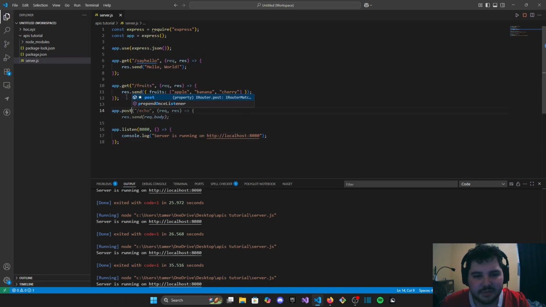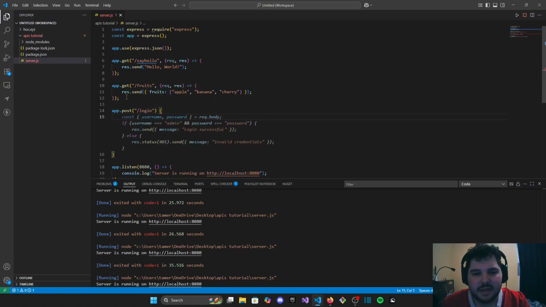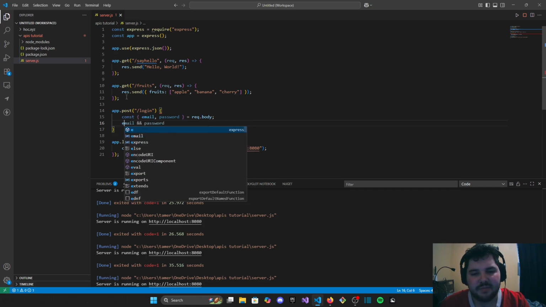So, app.post. And we'll just call this login or something. Now, I don't have a front end set up for this, but if we wanted to grab the form data from our HTML form on the front end and then send it through this API endpoint, we would just type in const and then let's say email and password, and then we would send it equal to req.body. And then we would be able to access it by just typing in email and password